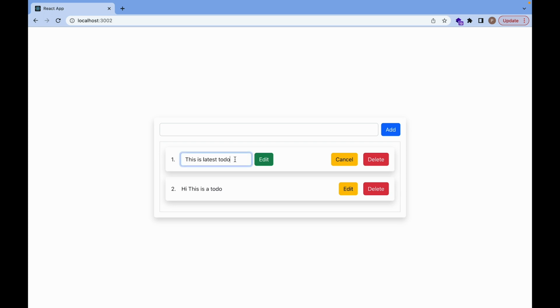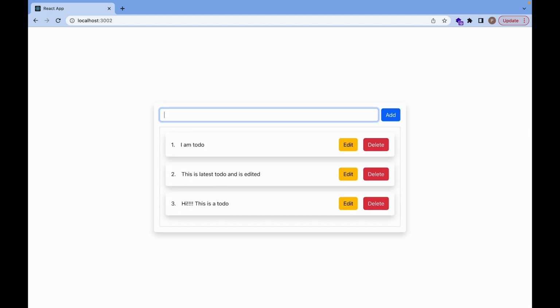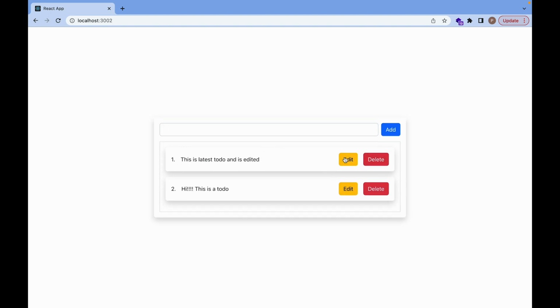Let's try this one. So this is the latest to do and is edited. Yeah, this is the latest to do and is edited. Edit this. Hi, we have an edit in here. So like this, we have successfully added a to do, deleted a to do, and